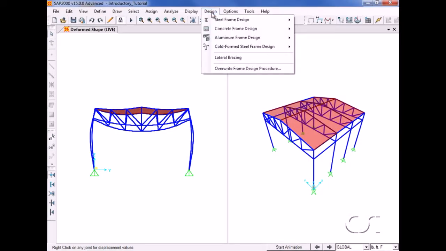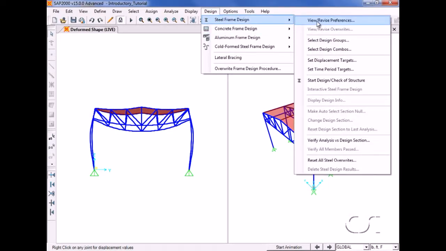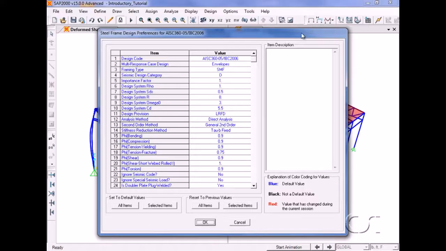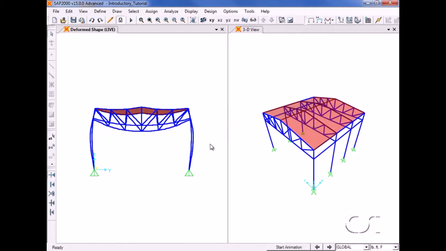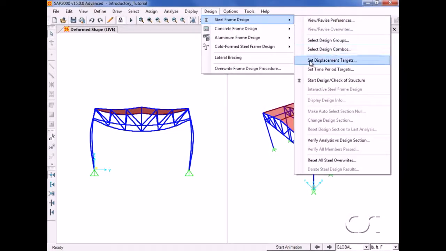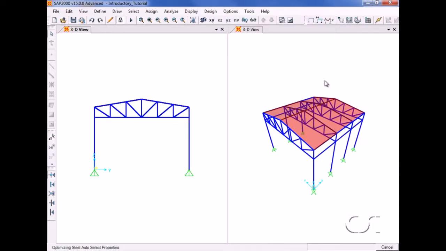现在可以设计，Returning to the design menu, we will again select the View Revise Preferences command for steel frame design. 看要用什么样的规范。Here we previously set the design code to AISC 360-05, 刚才已经设定 AISC 了, but this form is also where other design parameters can be controlled. It is always a good idea to review these before starting a design. Next, go to Design, Steel Frame Design, and click on the Start Design of Structure command. 按开始设计。